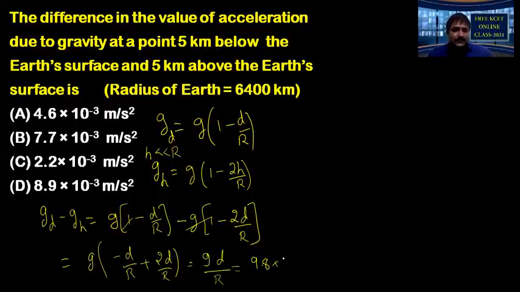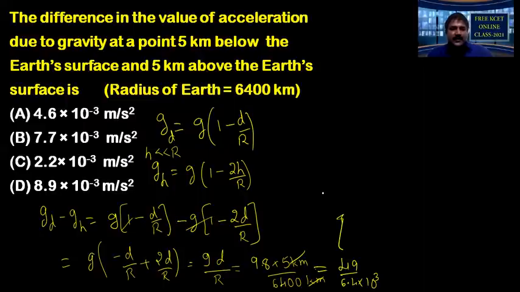So D value is, or H value is 5 kilometer. Okay, I will write 5 kilometer only because I know in the denominator radius is given in kilometer. Otherwise, if you want the value of G, we have to substitute in meter sometimes. Here kilometer straight away cancels. So the answer comes to 9.8 into 5, it is 49. So 49 divided by, I have to divide 49 by 6,400. So I write now 6.4 into 10 power 3. Now this I write here 49 by 6.4.